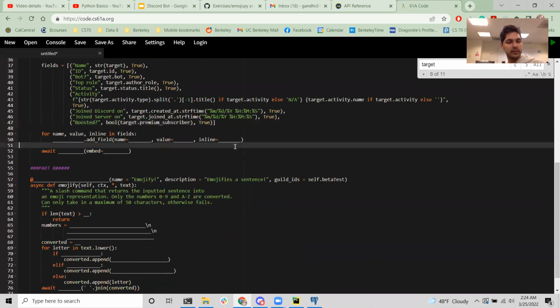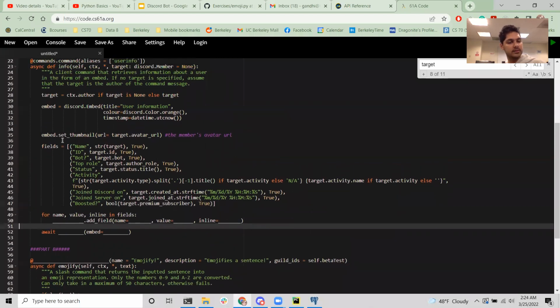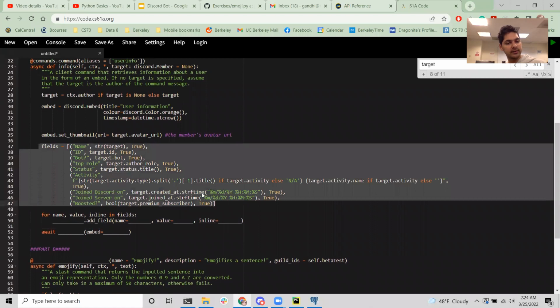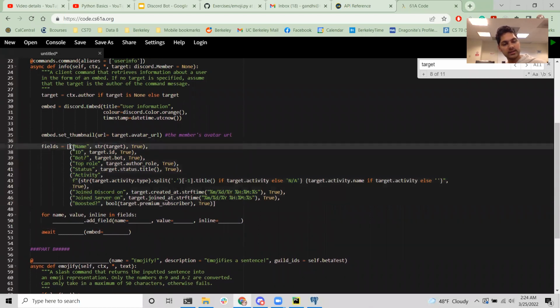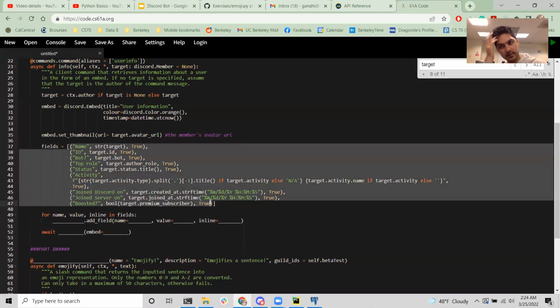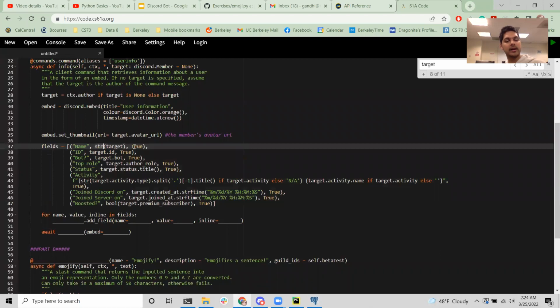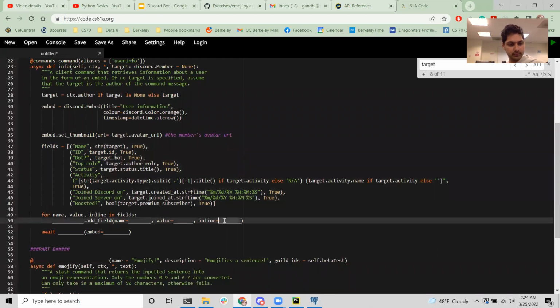Okay, whatever. So for name, value, inline in fields, this fields is all of this stuff, and we have tuples right here. Every item is a tuple, and so we're trying to unpack all of that. This is the name, this is the value, and this is the inline.